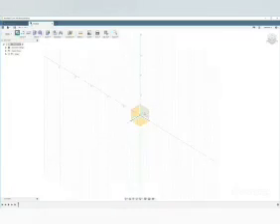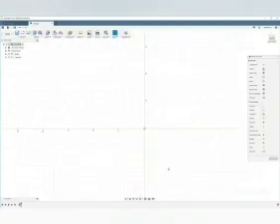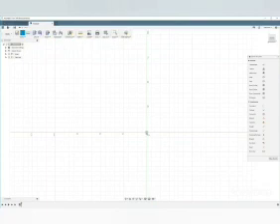Okay, now choose the front plane. Please watch carefully. Now choose the front plane, also choose the sketch command, and make some dimensions in the front plane.